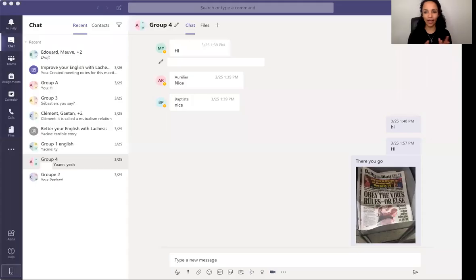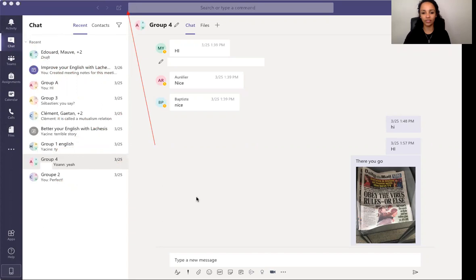Okay, so I am on Teams now, and I'm actually already where we're supposed to be. But once you join, what you want to do is click on chat. The chat box is going to be on the top left corner here. Once you click on chat, it's going to show you all the chats that you have with different people. And then you're going to go to the top of your screen